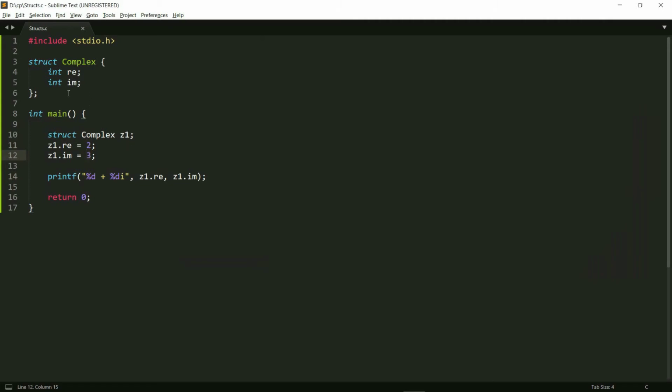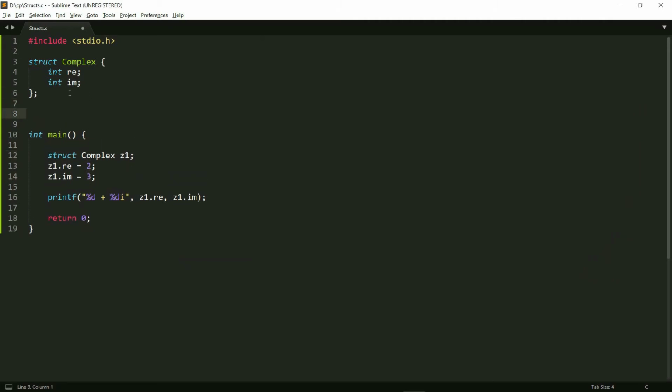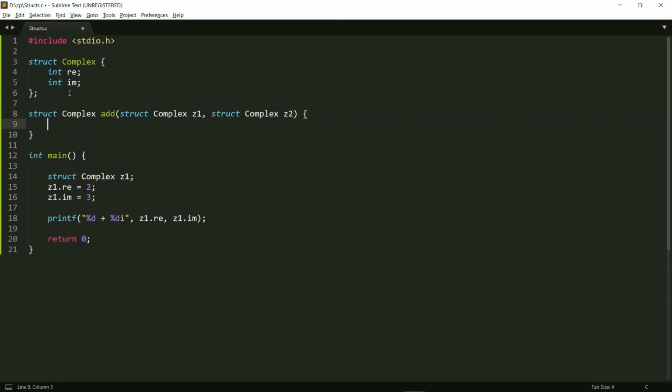And now I can also do something like, let's say I have a function which returns a complex number, and the function name is add, and it takes one complex number which is z1, and it takes another complex number which is z2, and now I need to return the sum of these.